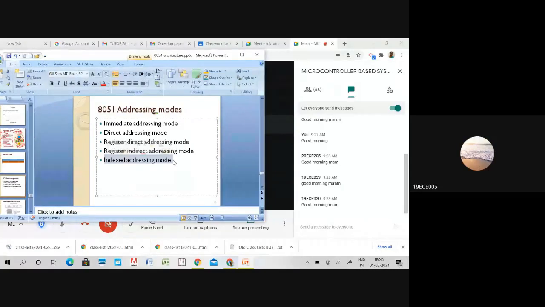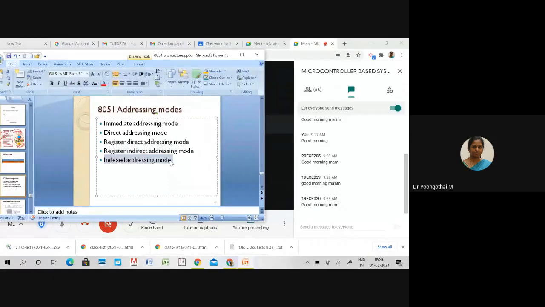In order to perform an operation, how is your address related here? How is the address related? Access mechanism, accessing a value stored at a certain address, ma'am. Yeah. So in order to access that value, we need to address it. We need to address the operands. Okay. So an addressing mode is a way to address an operand. So that is the definition of your addressing mode.